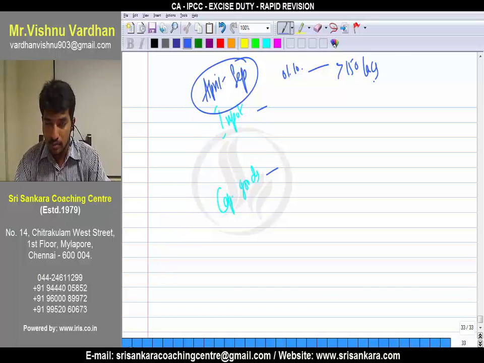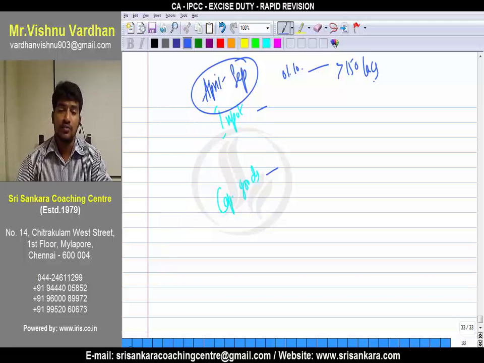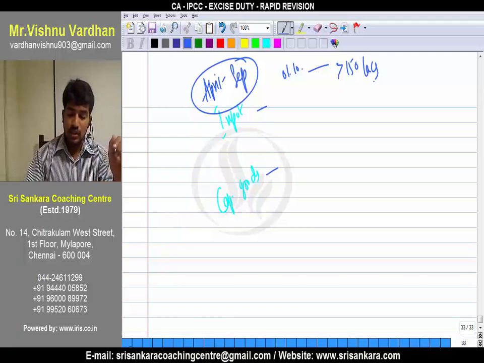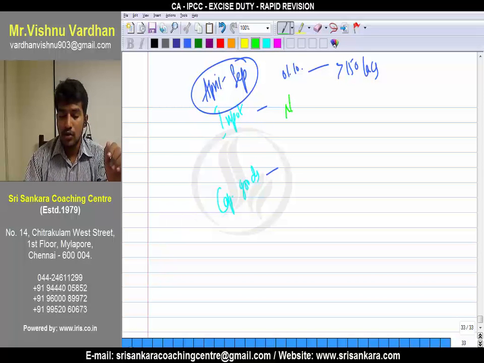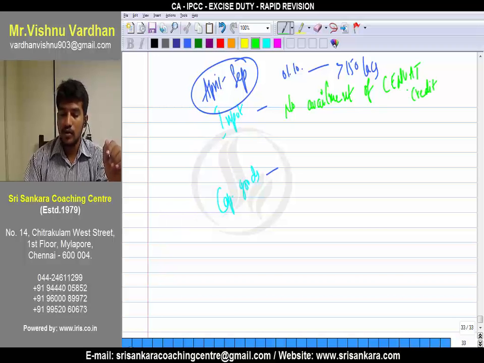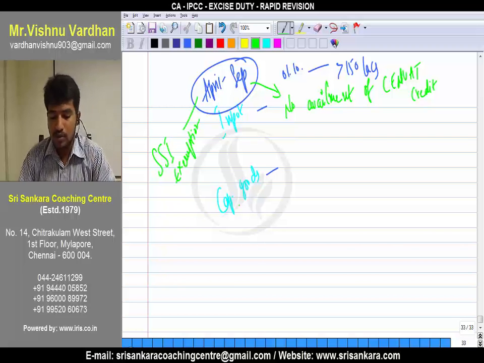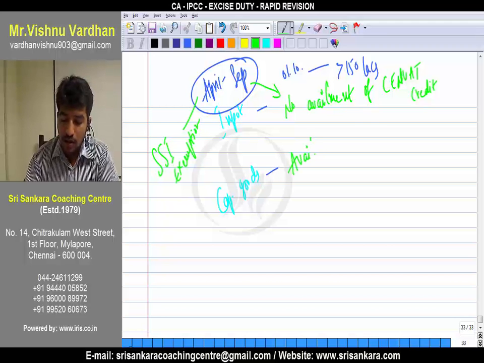So on whatever clearances I made during April to September, I am not required to pay excise duty. So if I am purchasing any inputs during this period, whether I can avail and use SENVAT credit. If I am purchasing any capital goods during this period, I can avail and utilize SENVAT credit or not is the question. So in this case, if you are purchasing inputs, no availment of SENVAT credit. Clear? For what? During this period. This period is what? SSI exemption. Clear? So capital goods, yes, you can avail,